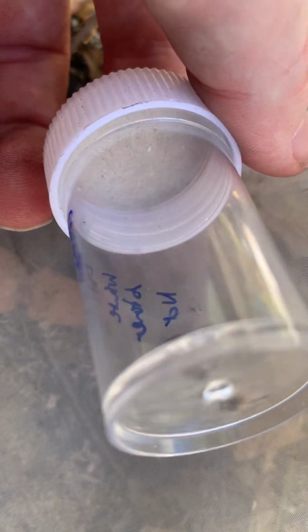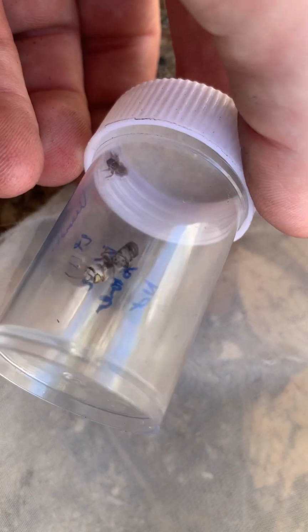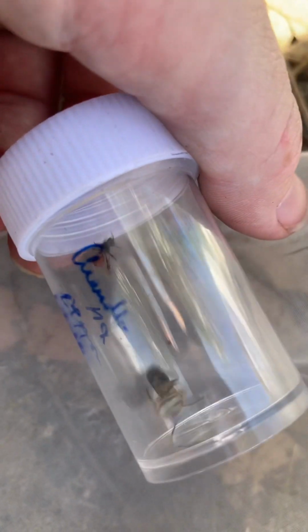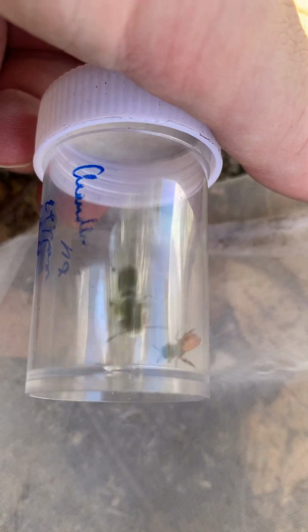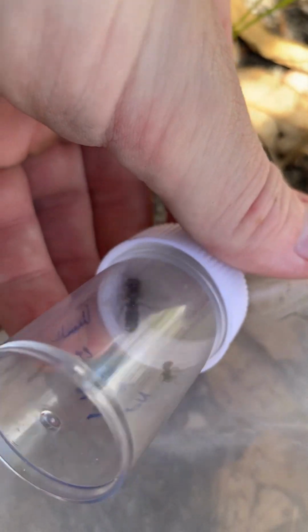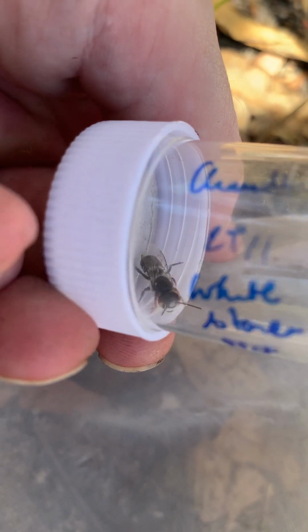They're very common in bee hotels, which is why I have a tattoo of the female, because I did a big project putting up 1,000 bee hotels in areas that had been burnt to help the native bees recolonize, and it was very successful, which is awesome. And one of the common inhabitants was Megachile aurifrons, and so yeah, beautiful bee, and also has a connection to my research,